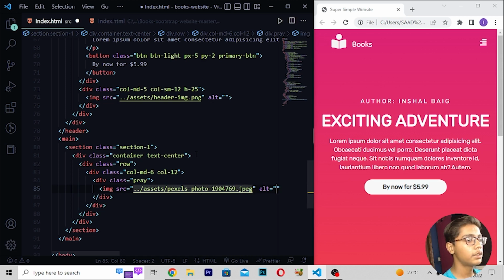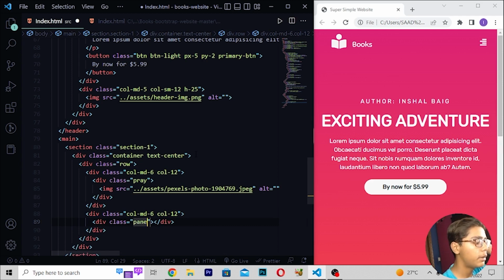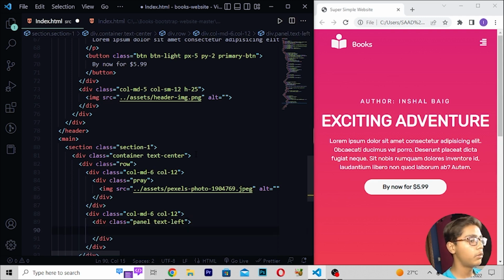Then when you've written this, here I will be moving down. Right here div class col-md-6. Then you have to write col-12, and you have to move down. Right here div class panel, and then when you've written this, here I will be now writing text-left like this. Then you have to move down. Right here h1, write Mr. Then you can write here your name also if you want to write. I am writing my name. Then you have to just move down.